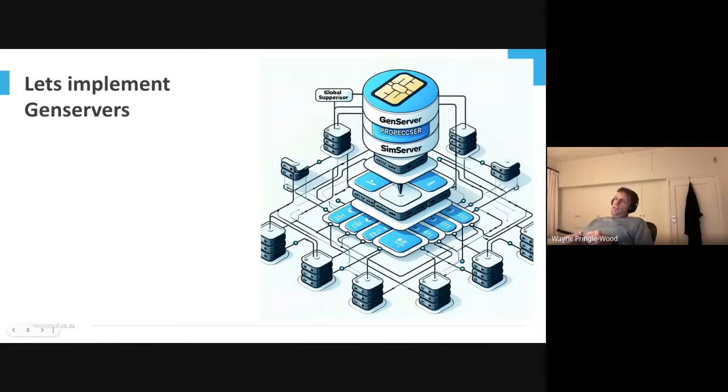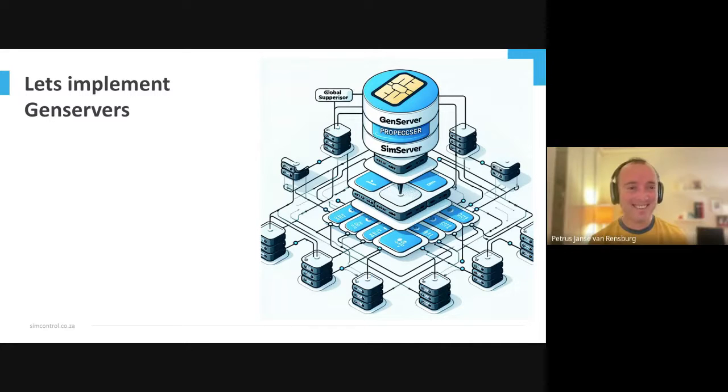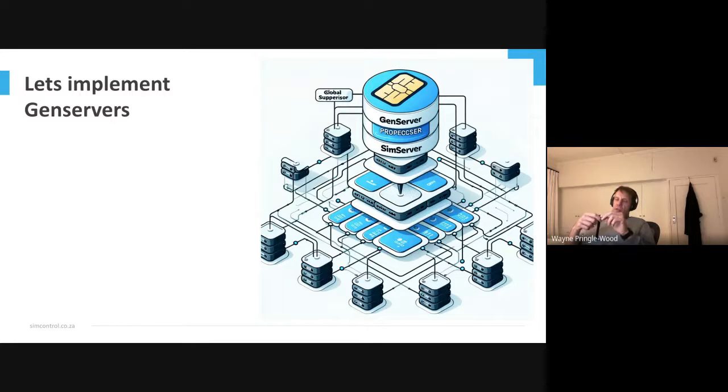Okay, so the first thing we do is, let's implement some GenServer. So I've got some really shoddy OpenAI-drawn stuff here because I was under some time pressure today. Don't look at the spelling. It's all problematic, right? But Petrus will know a bit about OpenAI problems coming up, I guess. So on our system, we probably have about 140, 150,000 active GenServer processes, and about 1,400 requests a second from mobile networks currently.